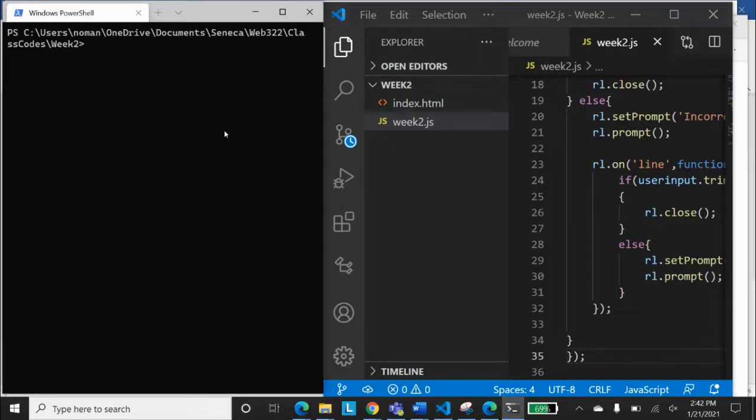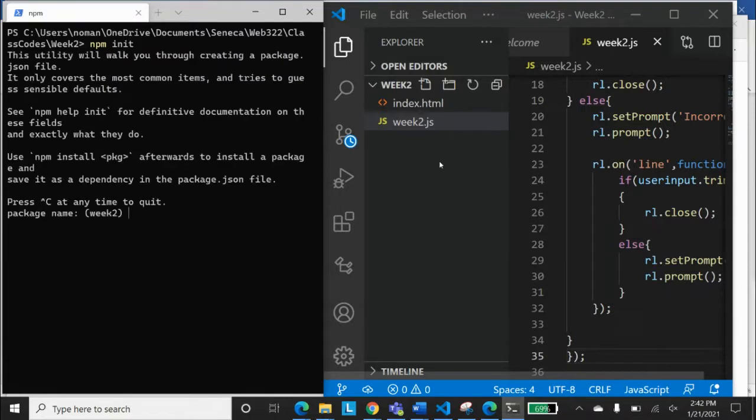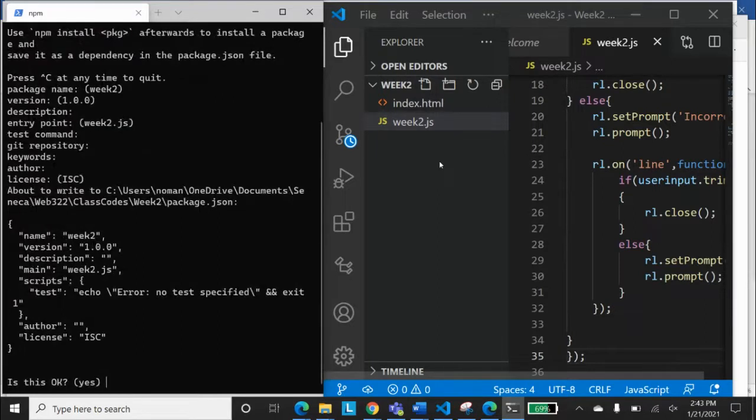Now, how we create that file and how we can have that file in front of us is an interesting thing. We can create that file by using npm init. You press npm init and you keep looking at your folder as well. It is asking me the package name, week2. My folder name is week2. I press enter. Okay, version. Just keep pressing enter. You remember we did that while we were setting up Heroku. Git repository, you can press enter. You can set keywords, author, license. Just keep doing that.